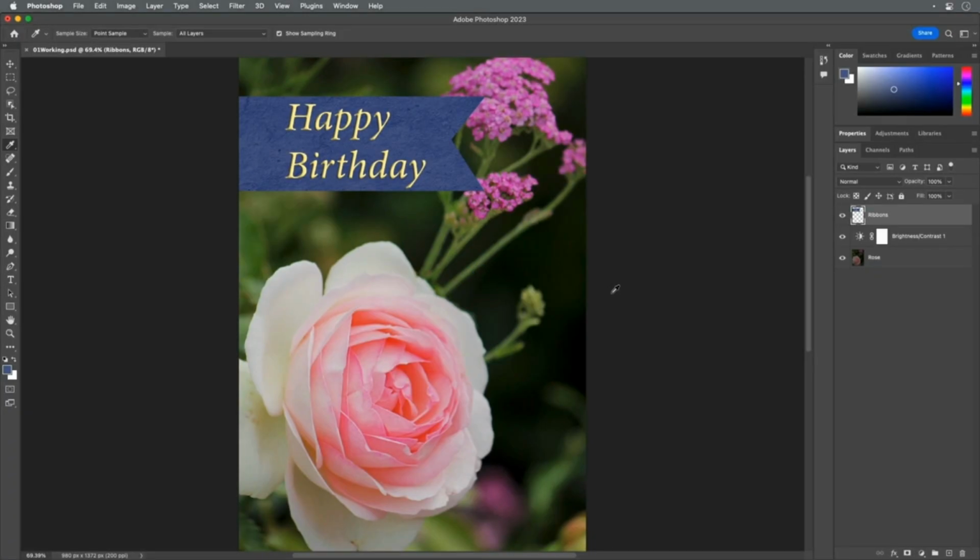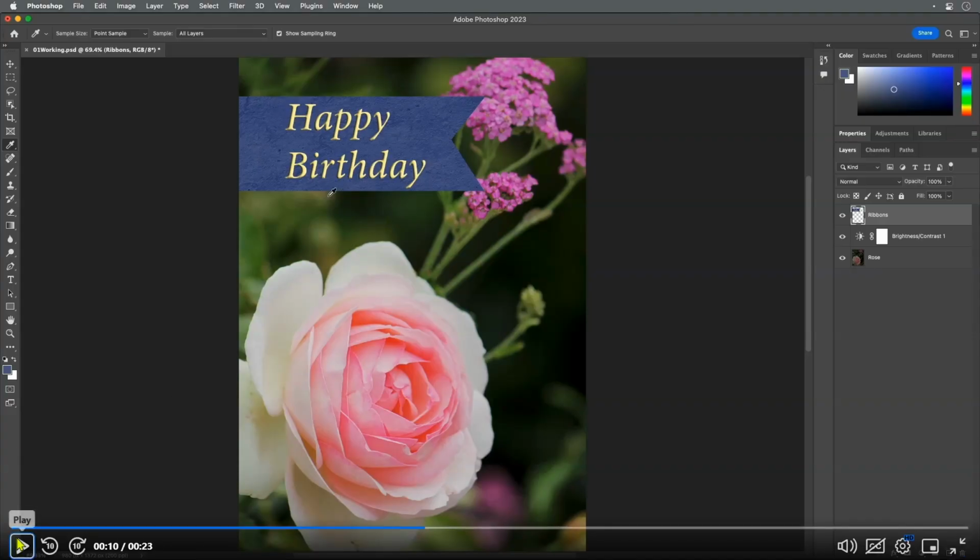Choose Edit, Preferences, Units and Rulers on Windows,